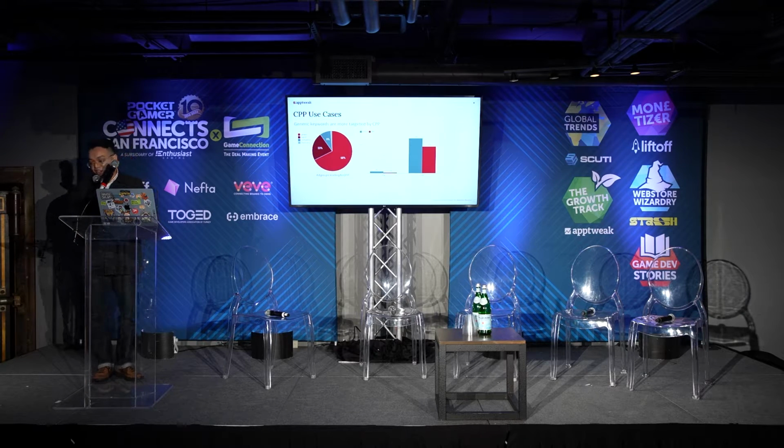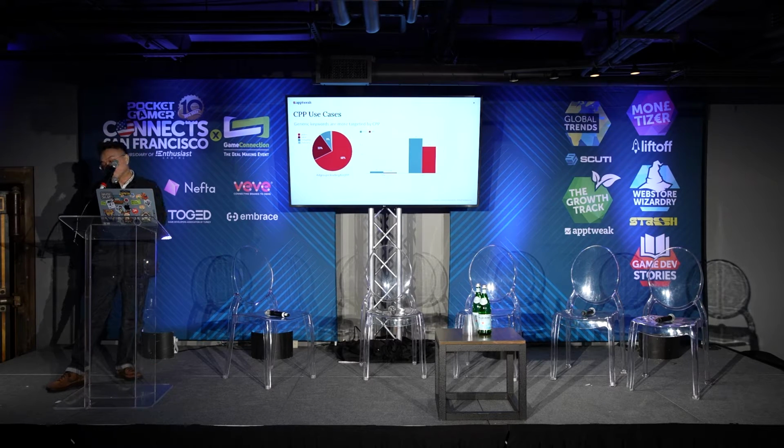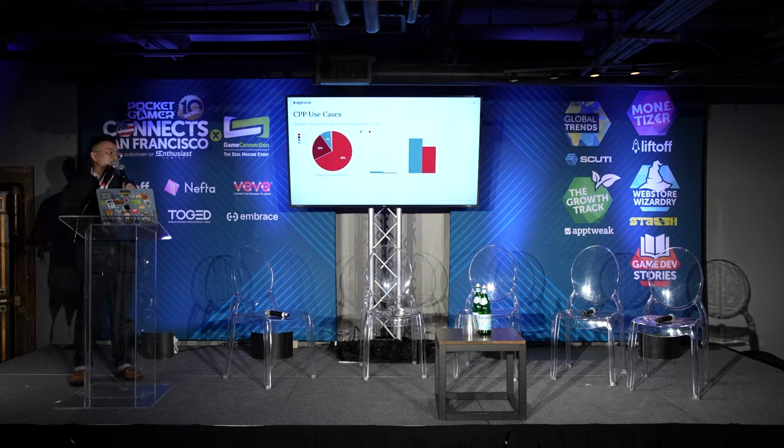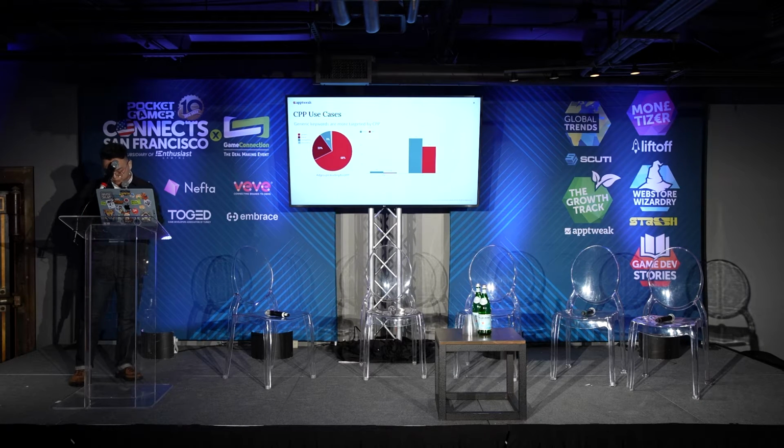And then here's some statistics on the ad groups themselves. So what we find is that most of the ad groups using CPPs are using them to target generic keywords. And then when compared to the default product page, we can actually see that the default product pages have higher tap-through rates and conversion rates. So on the surface level, this makes it seem like CPPs might not actually be that effective.